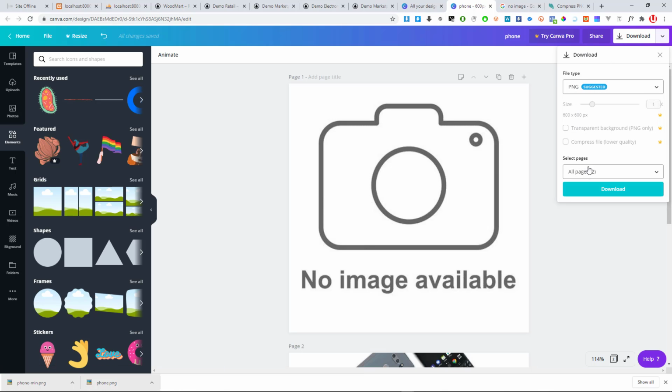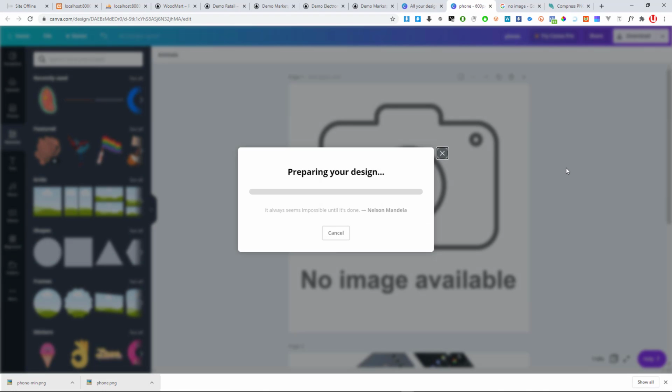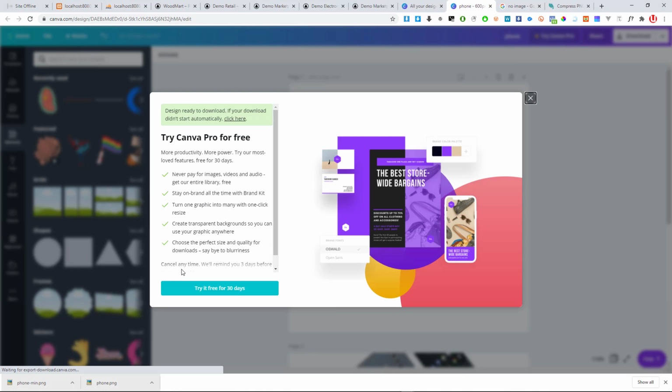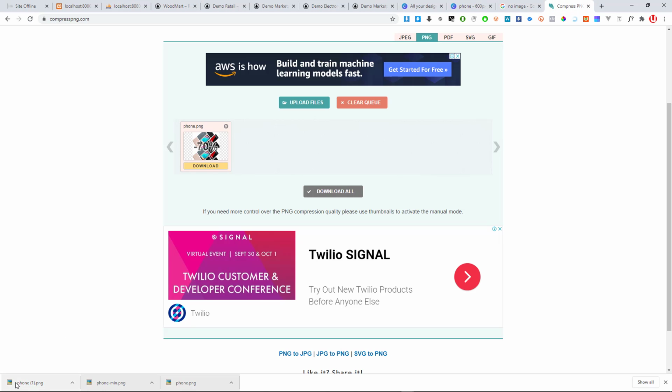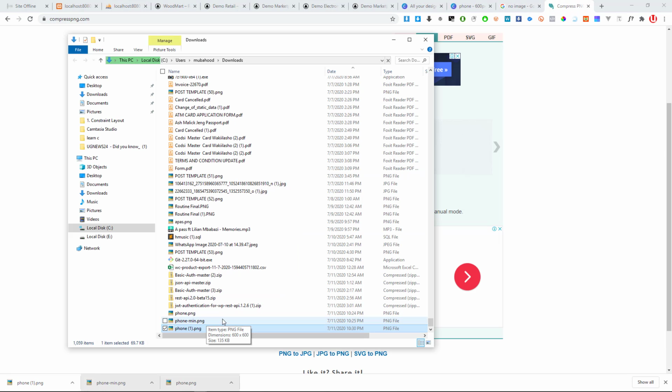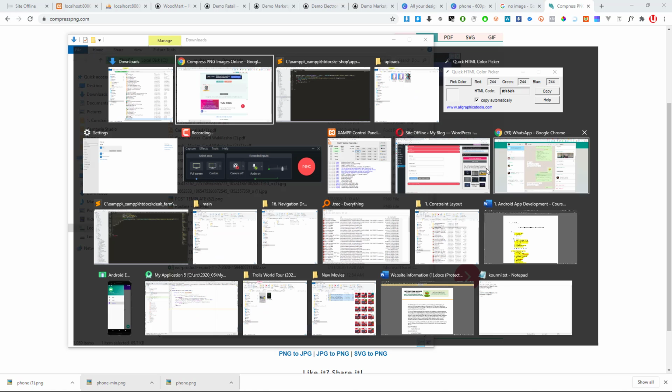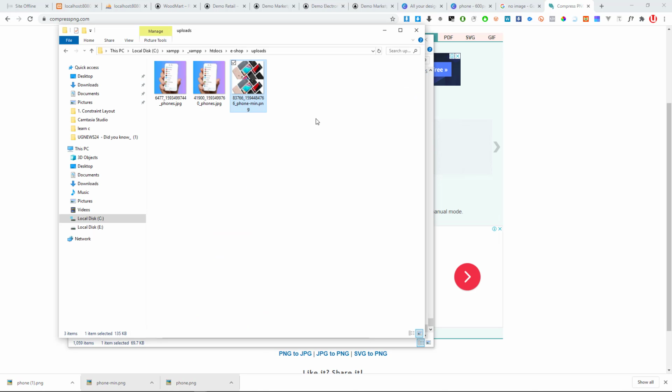as a PNG. So I'll select this one only, so it's the only one that I'm downloading. So the no image file will be downloaded, and then I can even first compress it, but it's not necessary. I'm just showing you how you can do that. So I'll cut it and then move it to our upload folder, and then I paste it there manually,